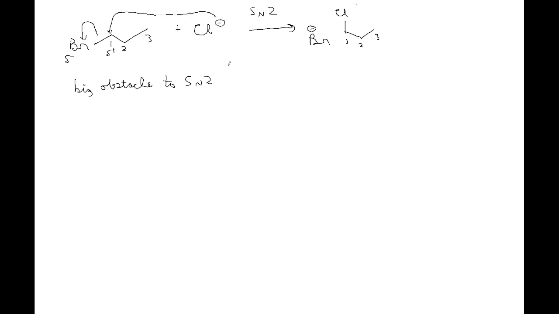The big obstacle to an SN2 reaction is steric hindrance that blocks the nucleophile. So the more steric hindrance there is, the harder it will be to have a SN2 reaction. So as we go, we'll see how that becomes very important. So for example,